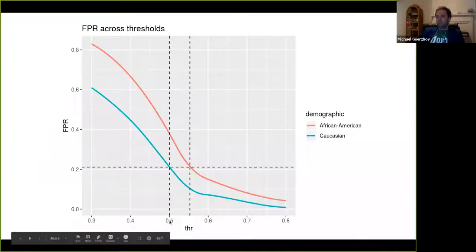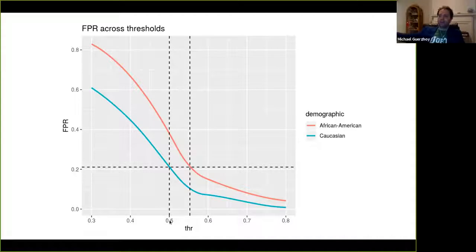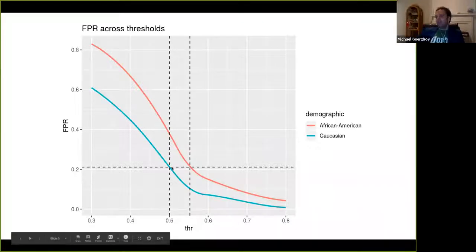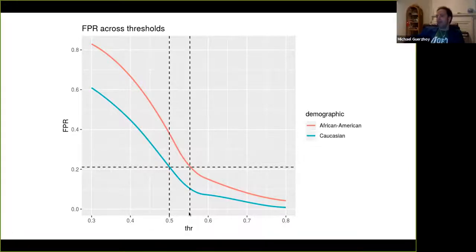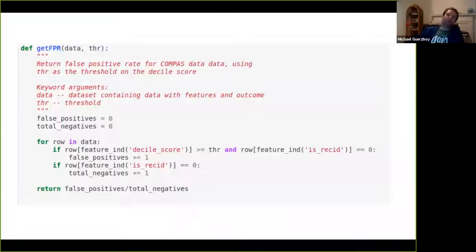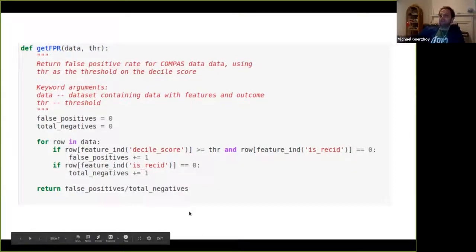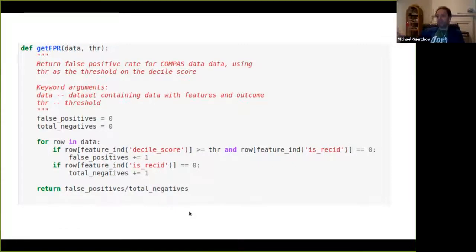So you just say, well, if my threshold for the output of the logistic regression is 0.5, then that gives me a false positive rate of 21% for Caucasians. So the threshold here, this one, would also produce the same false positive rate for African Americans as well. What you see here is just sample Python code that students might write if they're doing the assignment in Python. And as you see, that's the kind of thing, for loops, simple if statements, that you want students to be